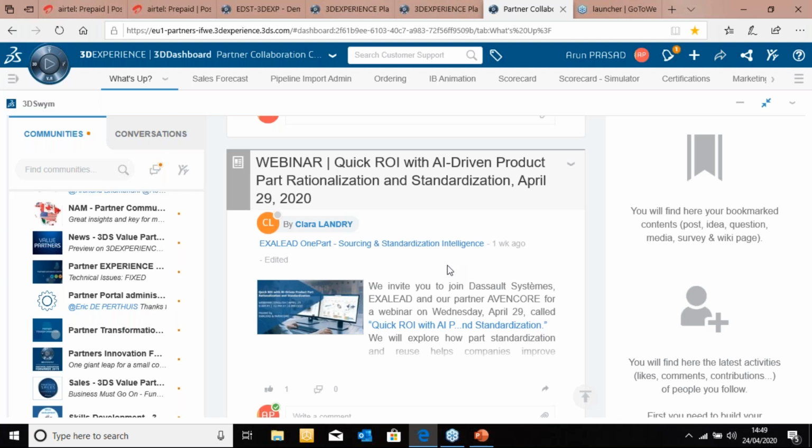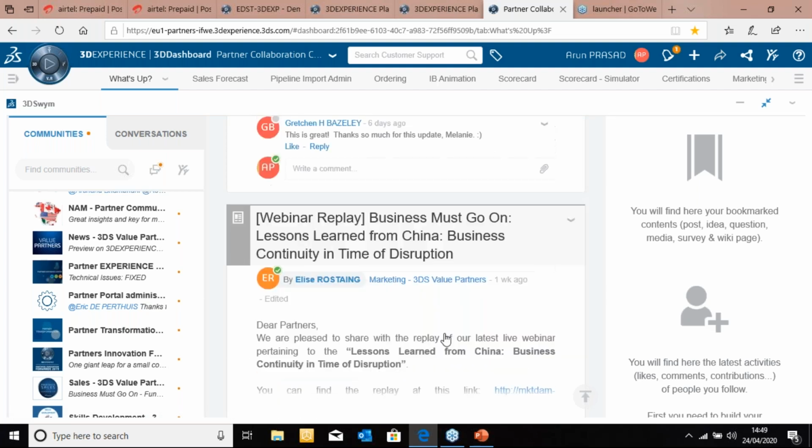As I rightly mentioned earlier, the typical challenge is how do we ensure business continuity when you are locked down at a particular location, but at the same time you need to have access to all your office related or operation related activities, and also be connected with your customers and within your internal stakeholders like your employees. So this is one such dashboard that you can be connected with, where I can have access to all the relevant information right from my design engineering to handover to manufacturing and to the downstream departments like procurement, quality, production planning, dispatch, delivery, and many other departments who form part of the entire enterprise or organization.